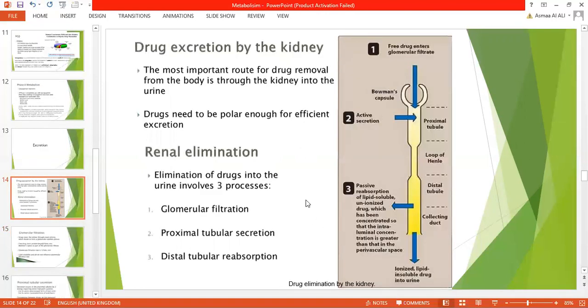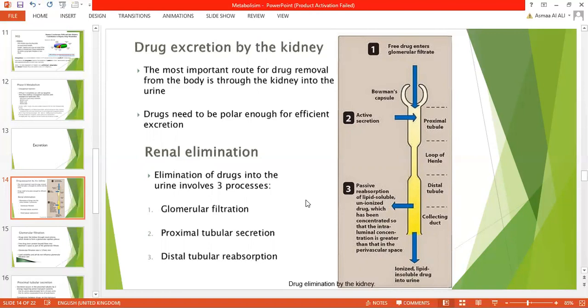A drug could be excreted by the kidney or by other routes. Drug excretion by the kidney, which is the most important route for drug removal from the body, is through the kidney into the urine. Drugs need to be polar enough for efficient excretion. So elimination through the kidney